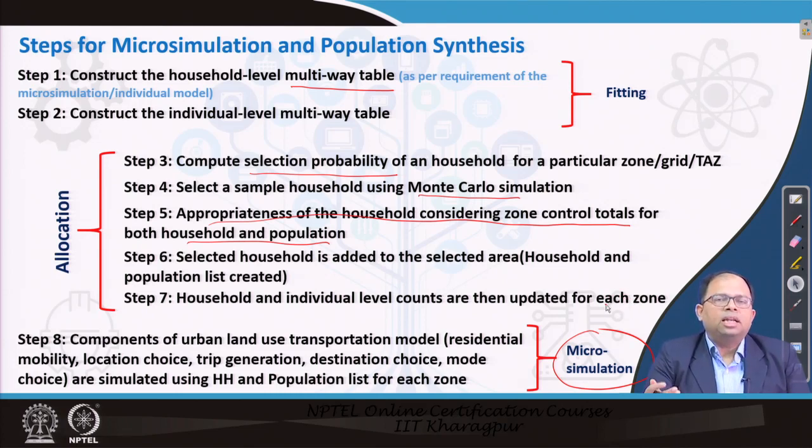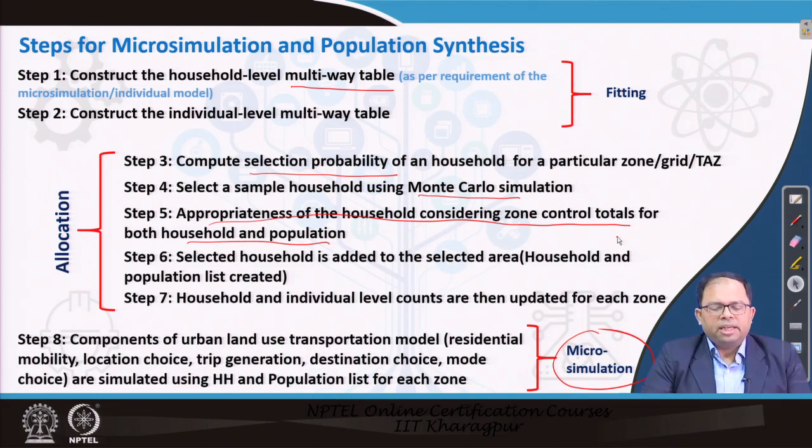So, we do one selection of one household from the sample at a time, and then put them into the target area till the target area is filled, and within that we keep on checking if the control totals are matching in the target area. Also, we keep a record that one particular kind of household has been selected from the sample list, so that next time we can also control the probability of that particular sample being selected. We can reduce that or we can keep it the same, depending on different strategies.